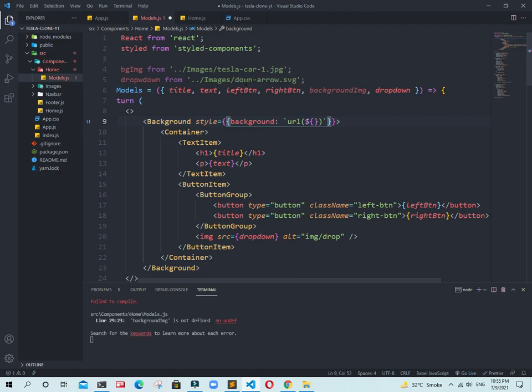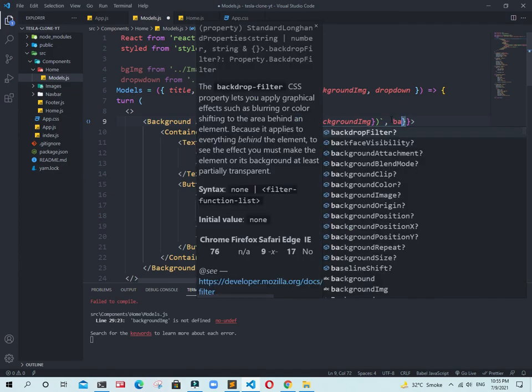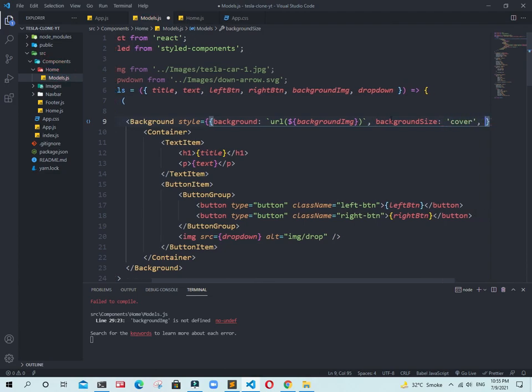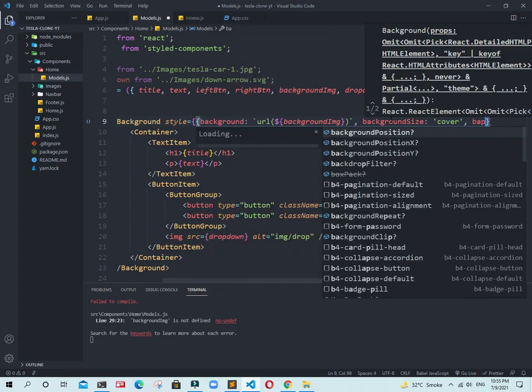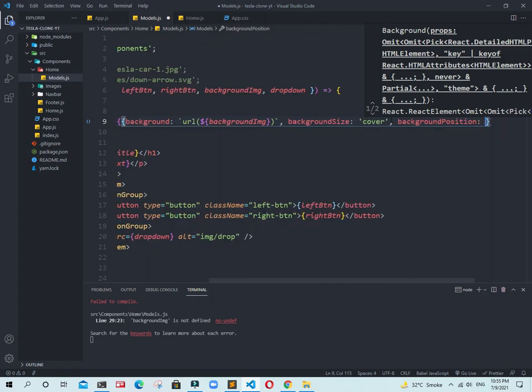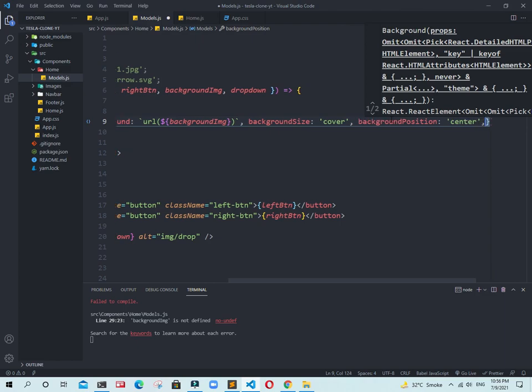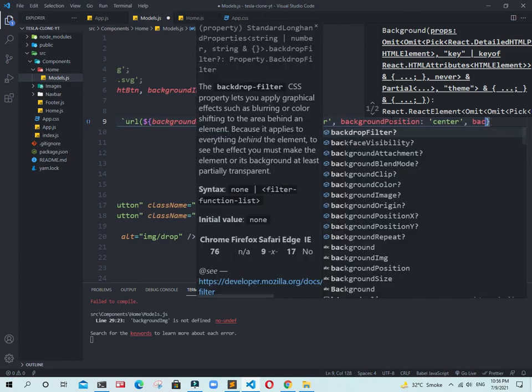Just add a $ sign and this background image. Just add a comma, and to this background image we have something like size. Background size will be cover, background position will be center, and background repeat, no repeat.